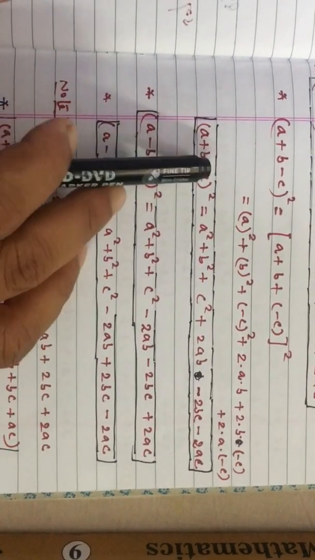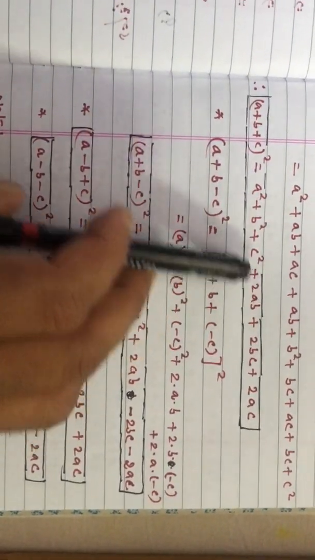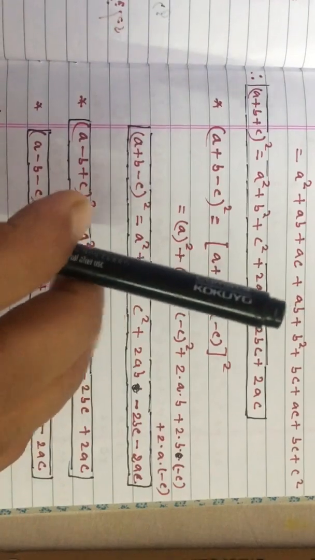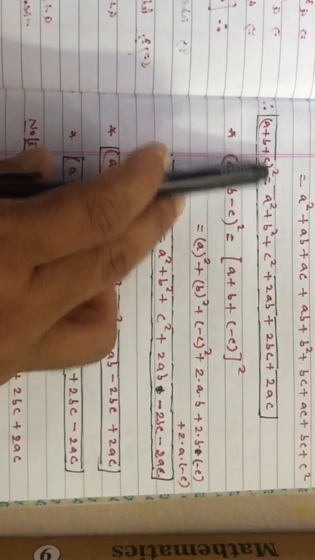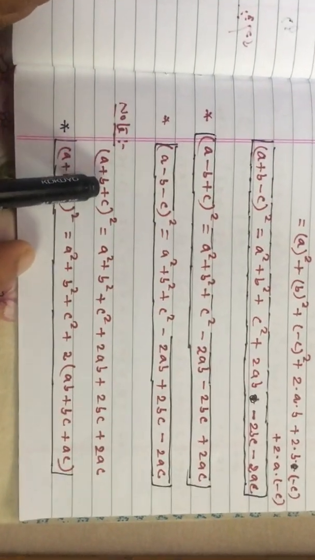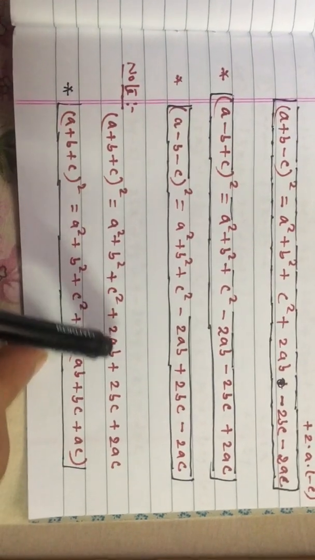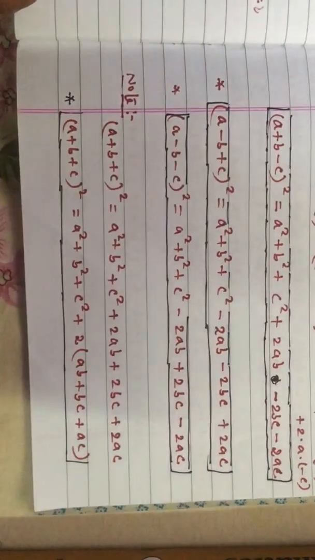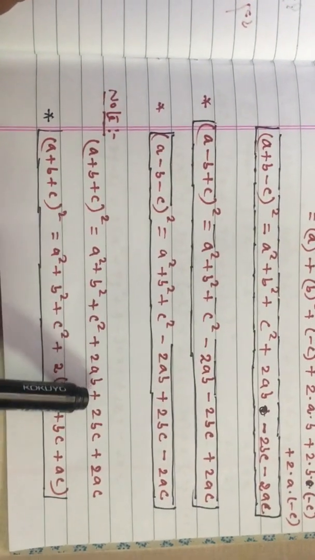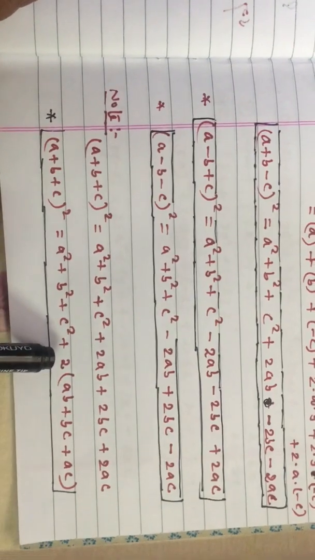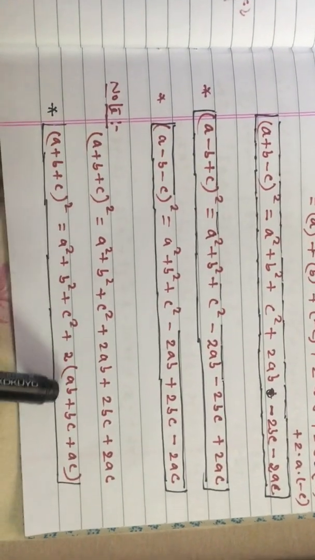I think no need to learn this formula and this formula. You have to keep in mind this formula only, and by using this we can solve all the questions based on minus sign also. Now see, the first formula I have written here, a plus b plus c whole square, which is equal to a square plus b square plus c square plus 2ab plus 2bc plus 2ac. Now see, in the last three terms, in all the places 2 is there, taking 2 as a common, ab is left, bc is left and ac is left. So this is also you have to keep in mind.